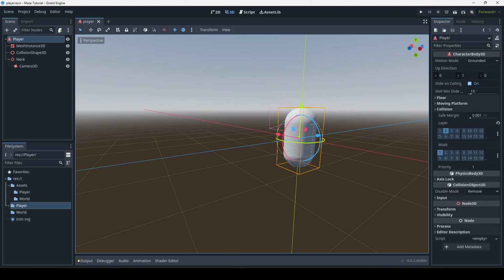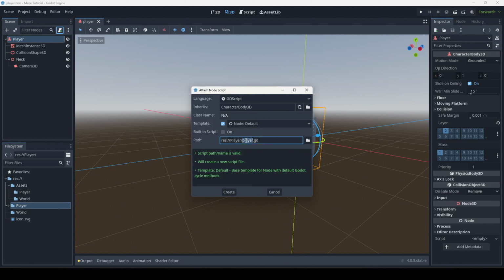We're gonna add a script now. So you can see this little script looking button, and you're gonna click on the player node, which is the root node, and you click that button. You could change the script name if you really feel like it, but it should be fine. And then you're gonna see template, right? A new feature of Godot 4 is they actually have some templates. By like some, I mean 1, but it's useful. So you're gonna click on this option, and this,